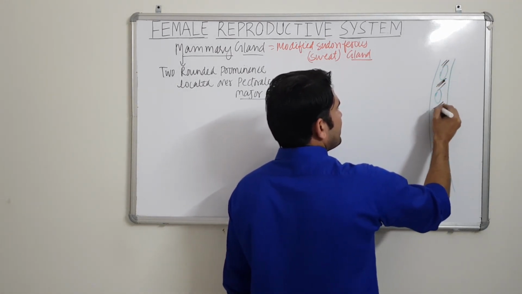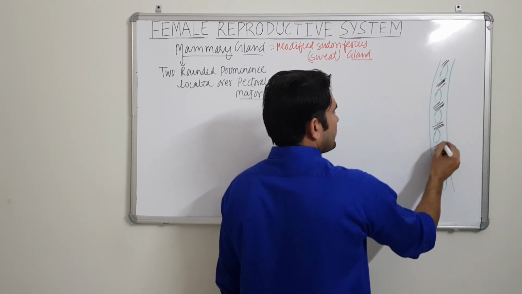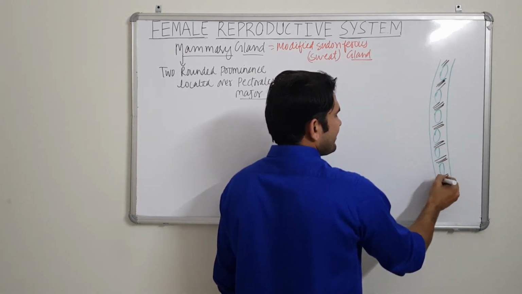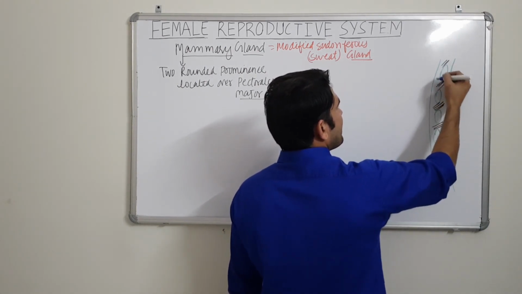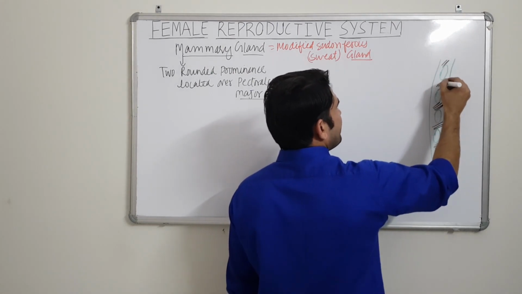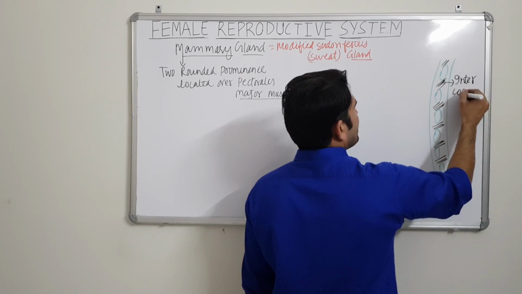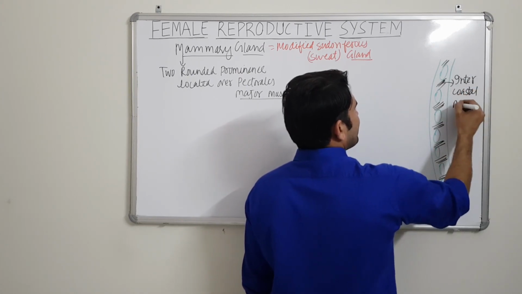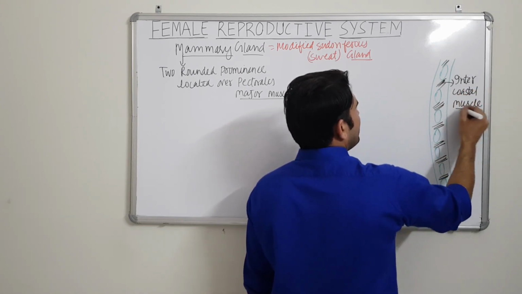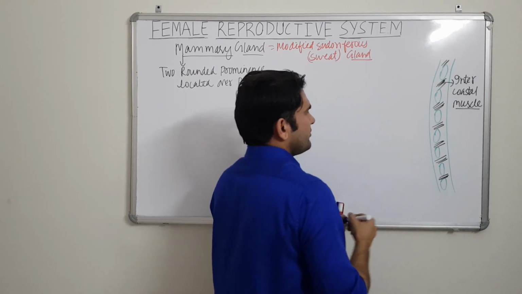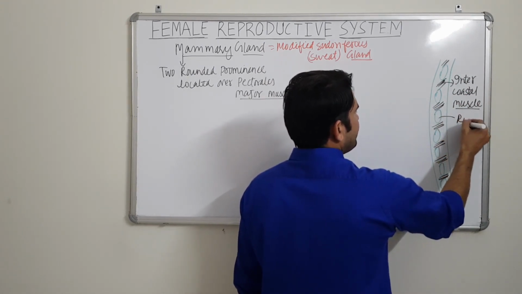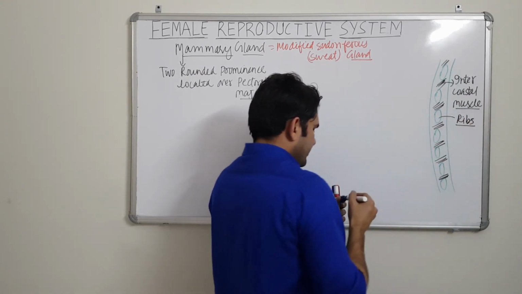For this we use the term costal. The costal area is the area which is related with ribs, and the muscles which are present within ribs are referred to as intercostal muscles. You must have learned about external intercostal muscle and internal intercostal muscle, and these are ribs here. Next to rib,